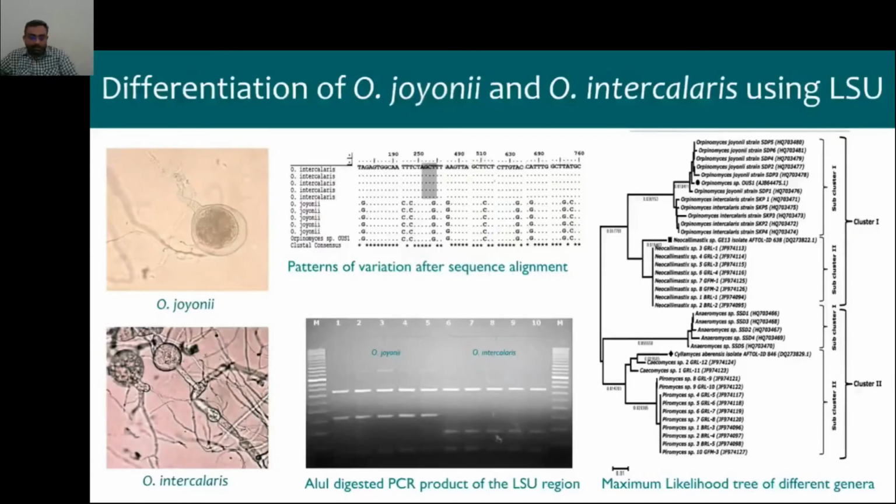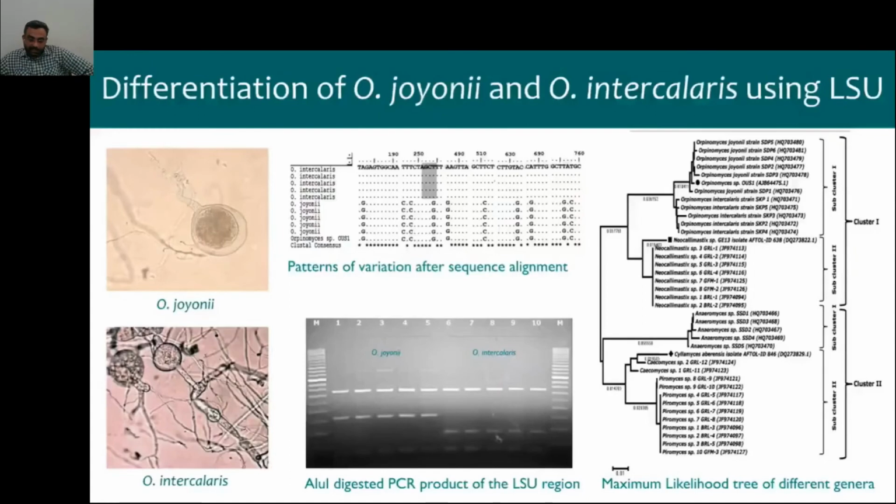So later on, we analyzed the LSU region, and we found that this region can easily differentiate between these two different species of Orpinomyces, which was not possible even by using the ITS region. And here in this phylogenetic tree also we can see two distinct clusters for both the species. So this again proved that LSU is suitable for even species-level differentiation and classification of anaerobic